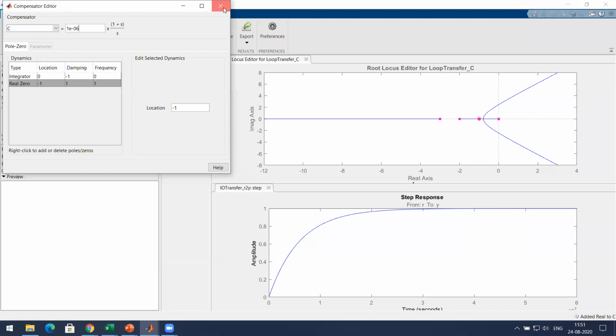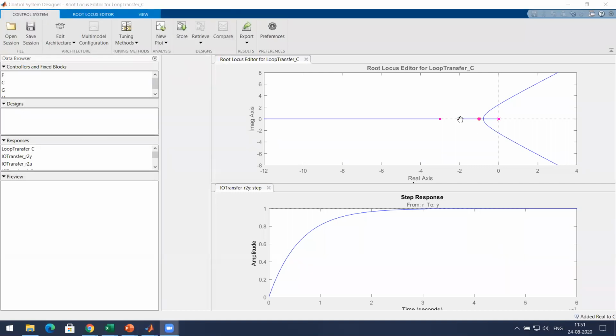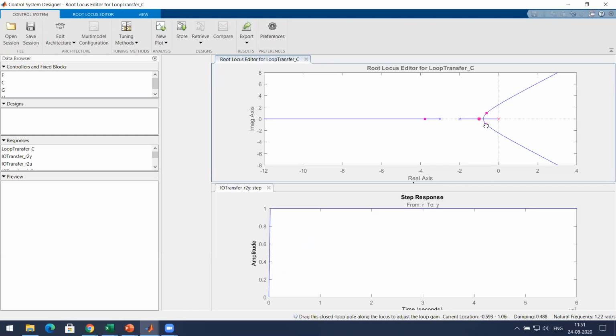We'll come to this. Now how do you control this? You vary this magenta thing, the poles. Just keep varying this, and the step response below changes. The step response is changing.